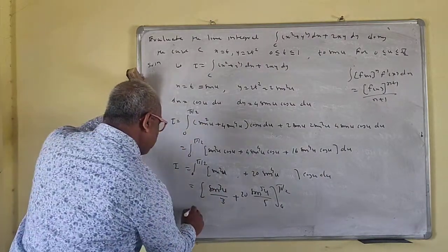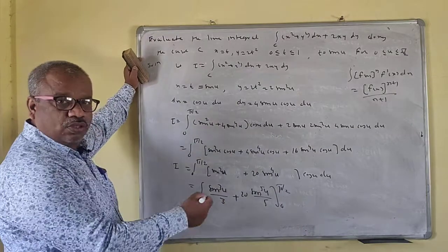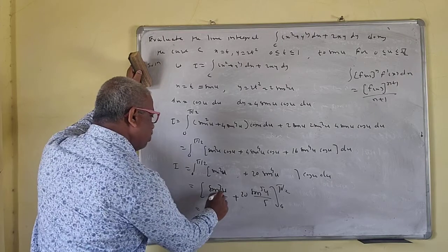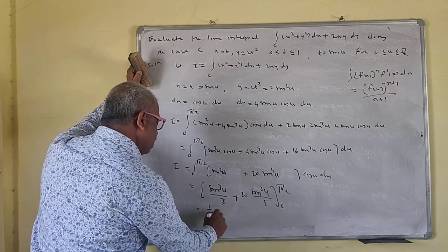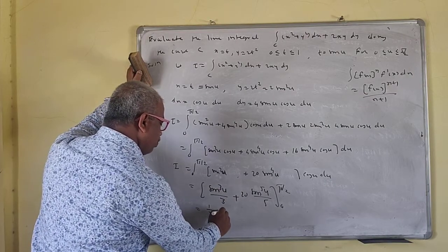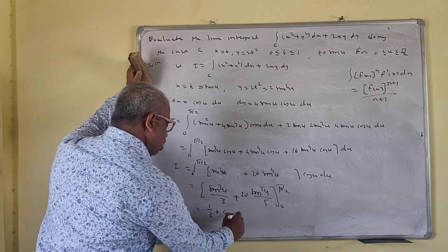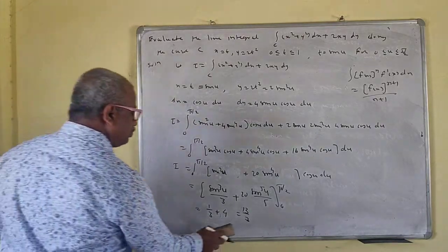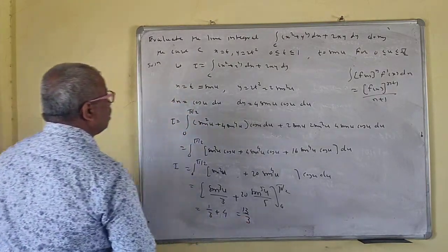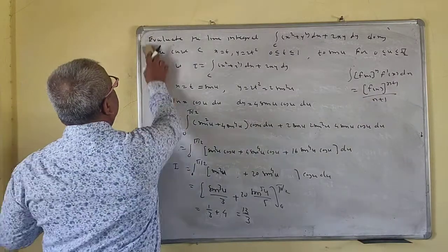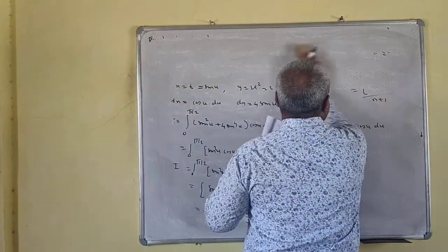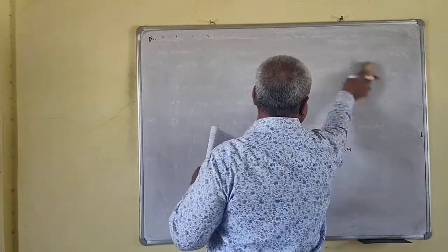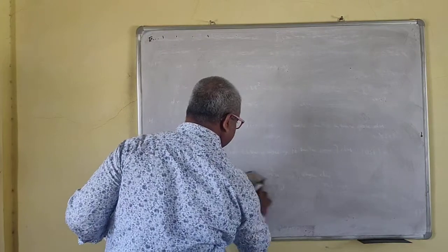Now if you put u is equal to 0, everything is 0, so we have to put only the upper limit. Sine cube u at sine pi by 2 gives 1 by 3, plus 4, which is 12 by 3, so this is 13 by 3. Why? t is equal to sine u is given, so for 0 to 1 also we can do this.